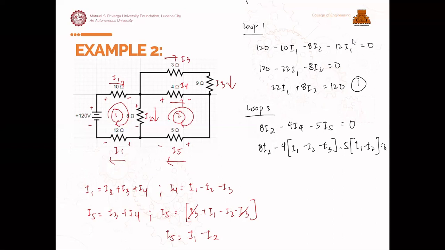Okay, simplify. We have 8I2 minus 4I1 plus 4I2 plus 4I3 minus 5I1 plus 5I2 is equal to 0. So, I1 first. This is our I1. So, we have negative 9I1. Next is plus